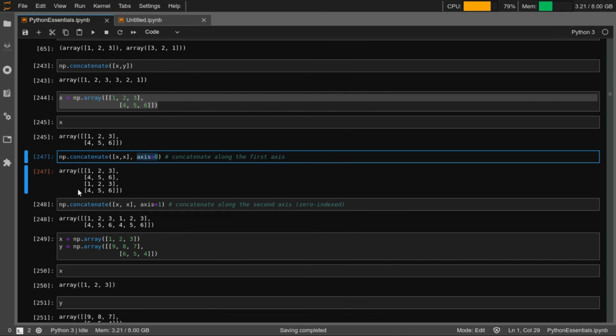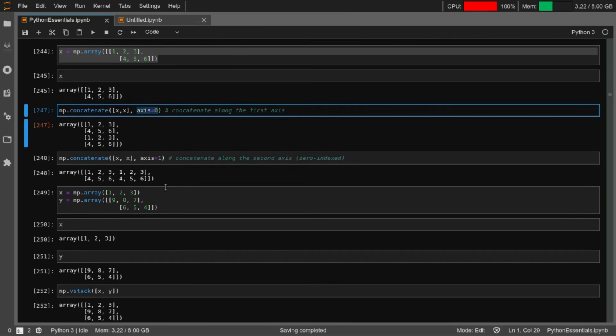So axis 0 would concatenate on axis 0. This is axis 0, right? So it will add 2 more rows. But if you want to add on the column side, you have to say axis 1. So you can say that the second x is added on the columns axis, right? So you had 2 by 3. When you concatenate on axis 0, you would end up with a 4 by 3 matrix. But when you are concatenating them on the columns axis, you will end up with 2 by 6. Right? I will have another look at this, and it will be much easier to understand.